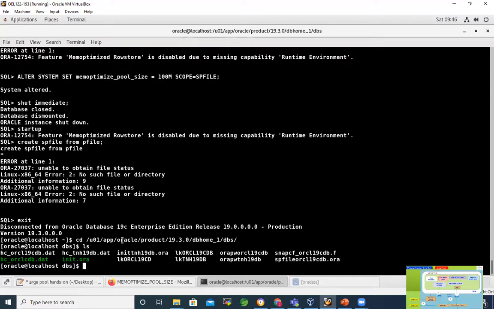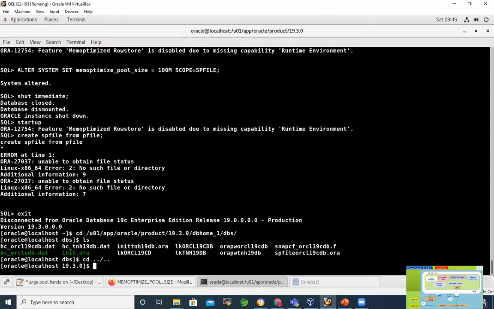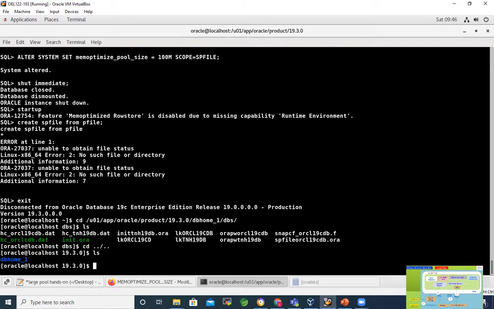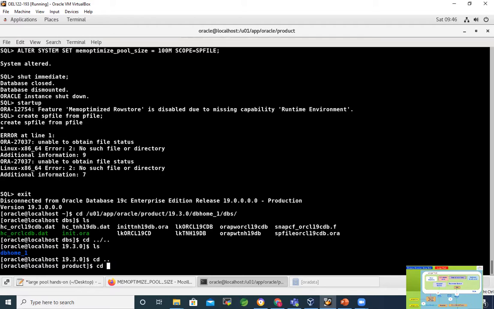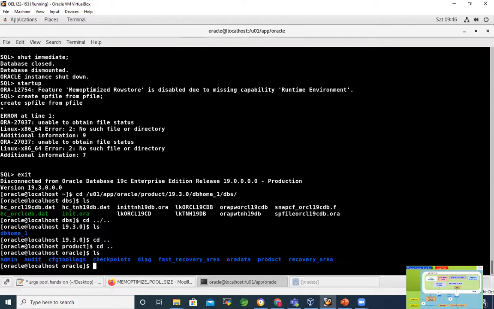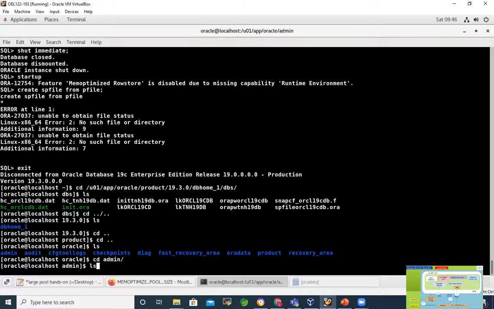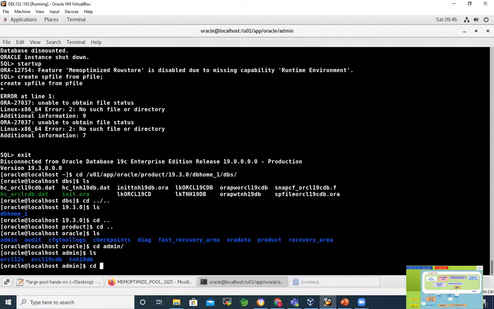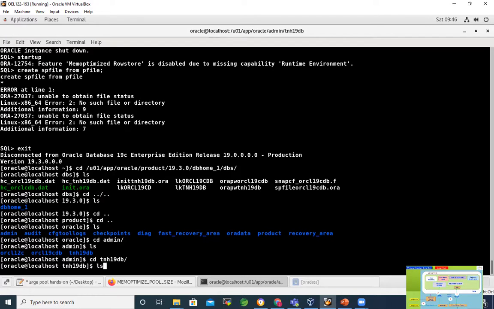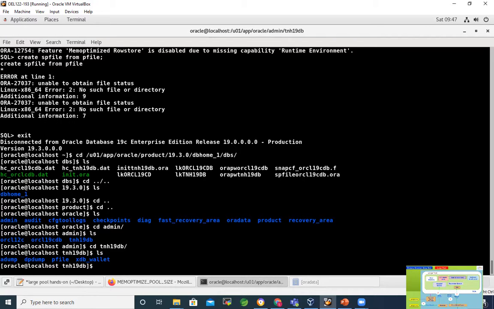So what is the easiest way? Now, there is an init.ora file in this place. If you locate your init.ora file, you can go here. I think it's under, let's go back. Yeah, it's under admin folder. If you go under admin folder, this is my database name, TNH19DB. So in this folder under pfile,